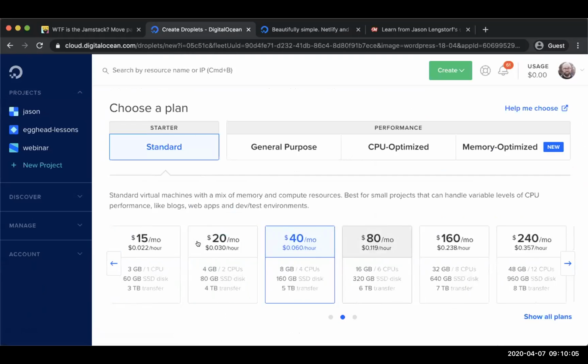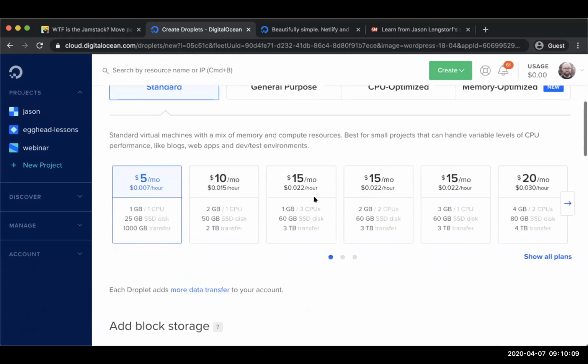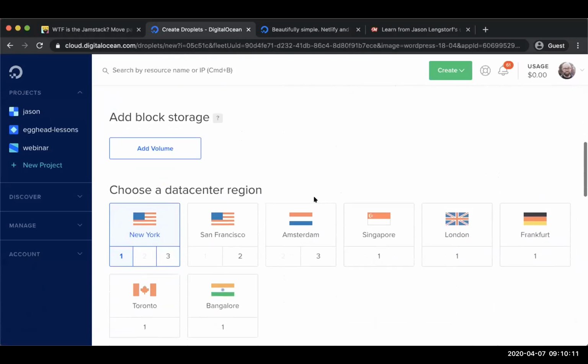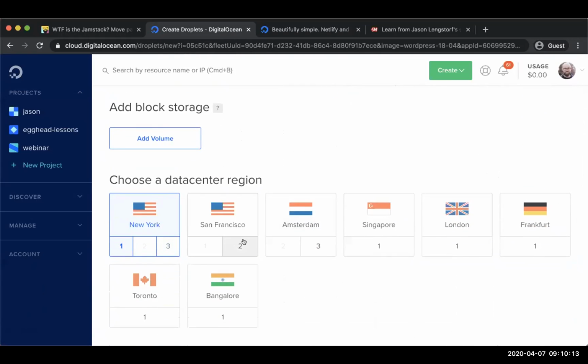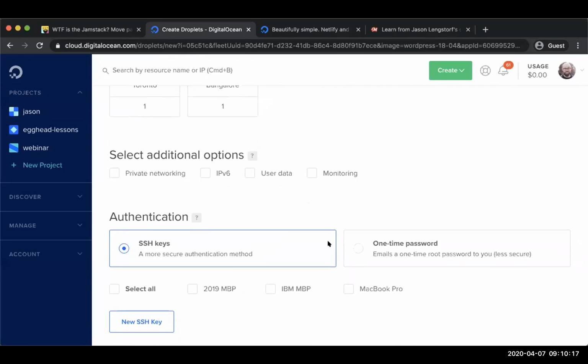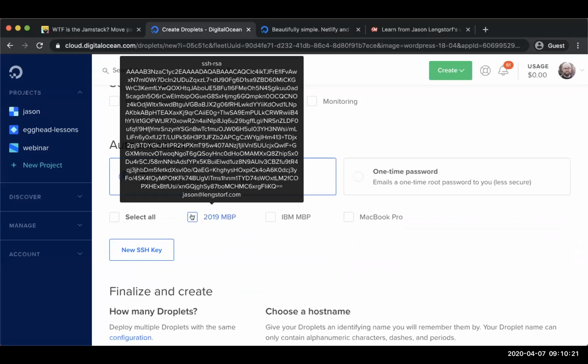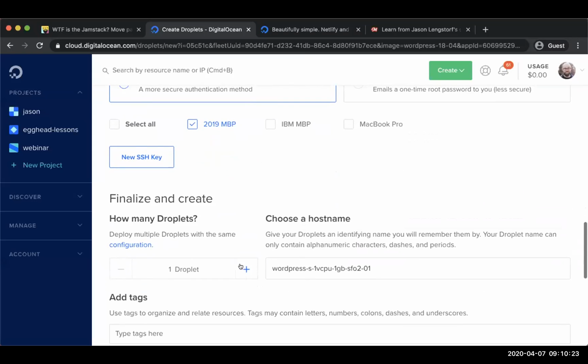And I'm going to come down to the $5 a month, because that's all I need. And I will choose a data center close to me. I'm on the West Coast, so I'll choose San Francisco. I'm going to use my SSH keys, and I've got, let's see, that one. So let's do the droplet. I'm going to call this